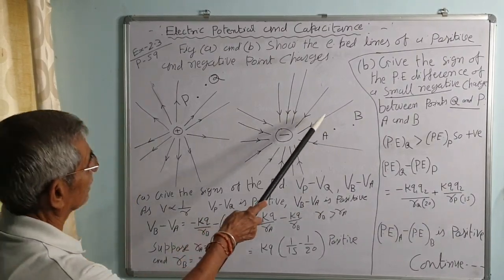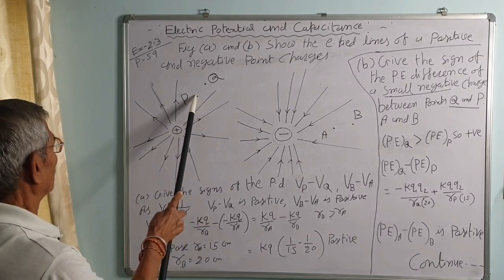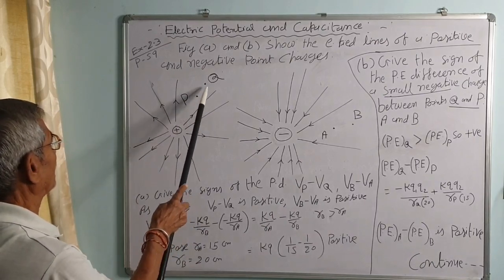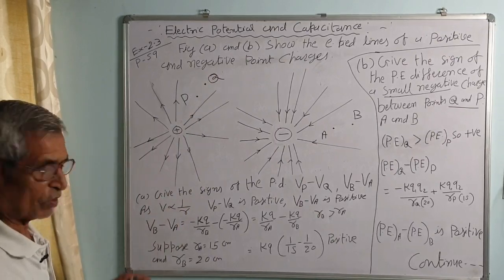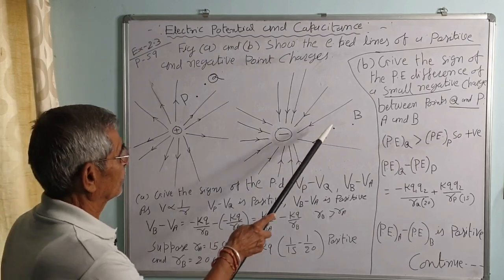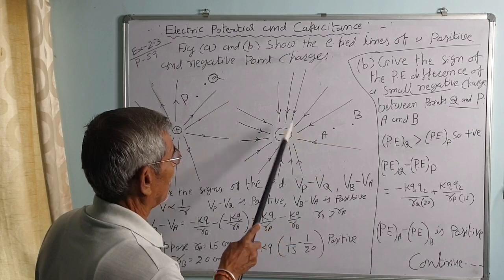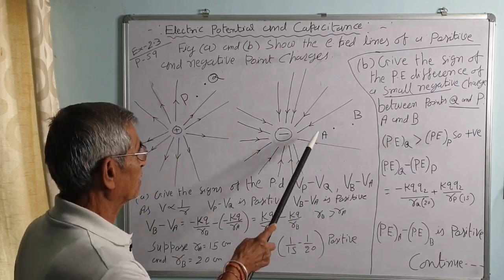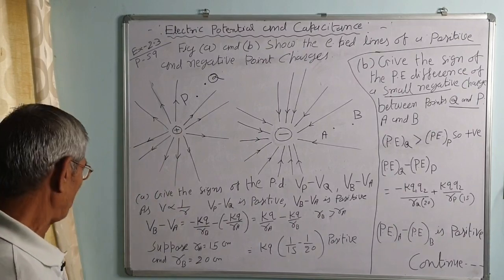Now let us see for another one charge. This is for positive charge. So Kq upon Rp and Kq upon Rq. So this is naturally less. Both are positive. But here it is negative charge, so Rb is more than the Ra. Ra is less. So this is less negative. So that will be again Vb minus Va will be positive.